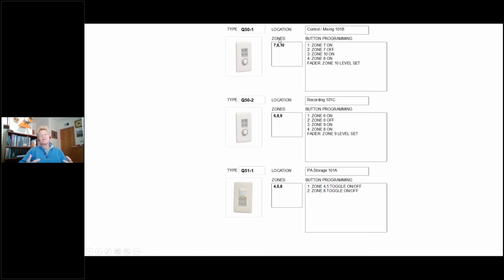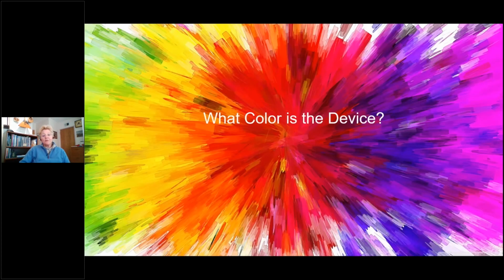I had to have a meeting with the manufacturer of the control system to say, what can I do with these zones? How are these buttons going to react? And we went through a whole conference of how exactly these buttons are going to be used. And so all this could be documented ahead of time. So now all the programmer has to do is have this sheet in front of them, and they can go without me.